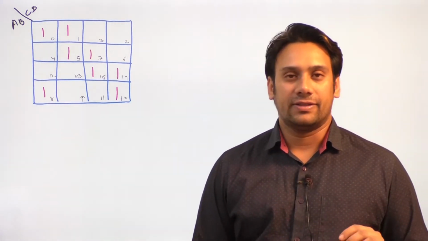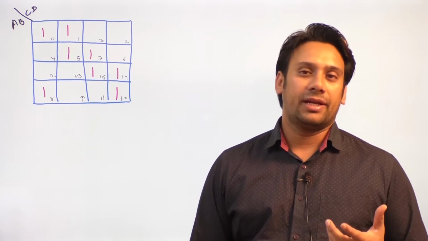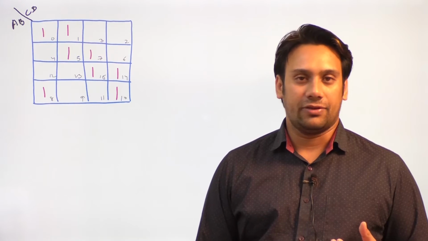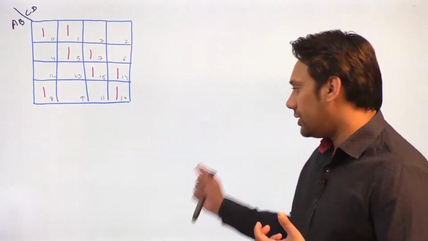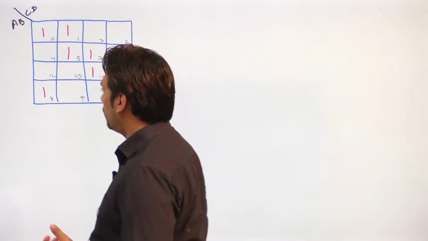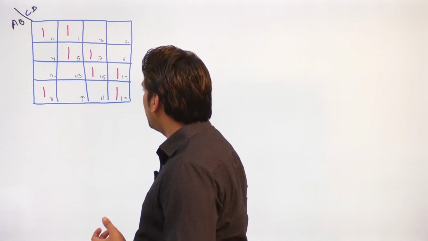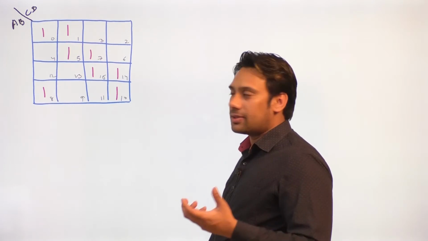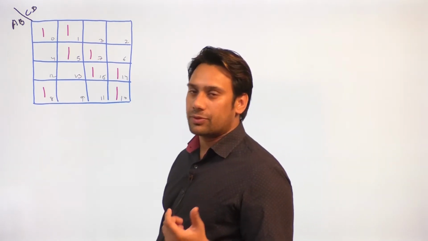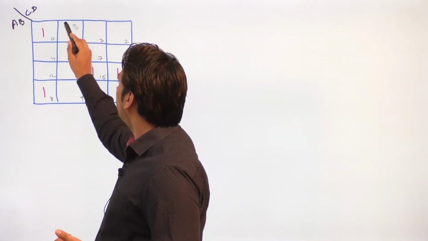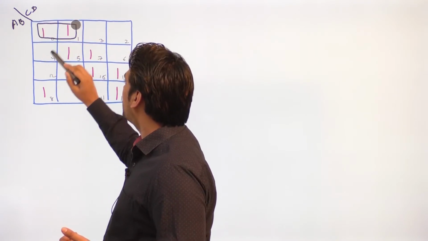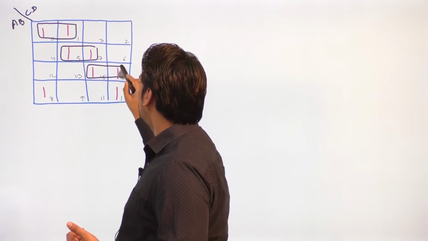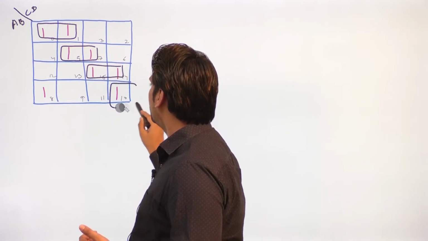You do not have any essential prime implicant, but rather all the implicants that are present in that diagram, all of those implicants are selective prime implicants. Okay, so here in this example let us look at it in more details. ठीक है, now in this case we are going to have so many subcubes. Let me also mark out all the subcubes with you. So this is one of the subcube, correct? This is another subcube, this is another subcube, as well as we can also have this as a subcube.